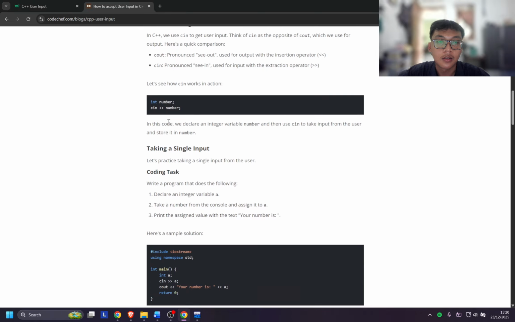So here is the basic syntax for cin: int number, where int is the data type, then cin extraction operator number. Here I will implement it in the Dev C++ application.